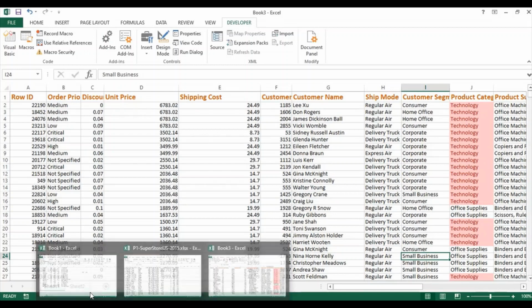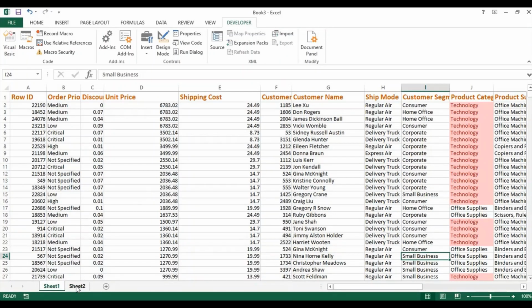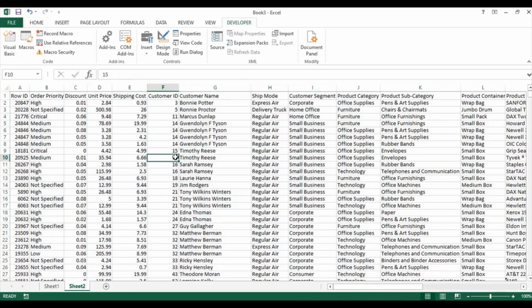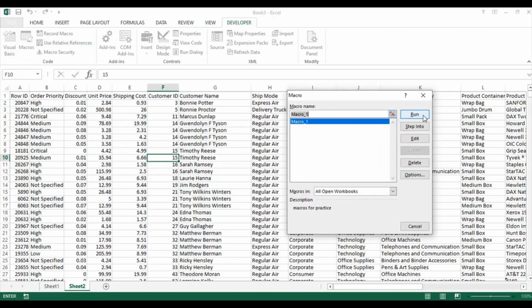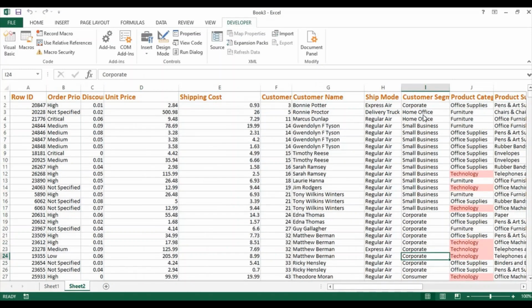Now suppose you want to use it. I have a Sheet 2 over here. Now this is a plain sheet, and I want to repeat everything all over again. So again I'll go on Developer, here on Macros, and I will click on Run. And as you can see, it's done. The formatting is done. I did not have to do each and every step again and again. So this is how macros are helpful.